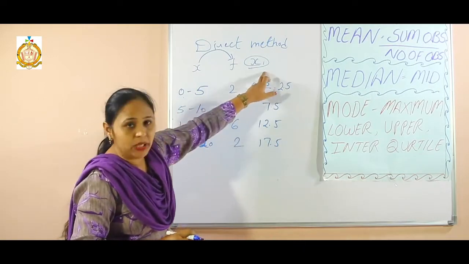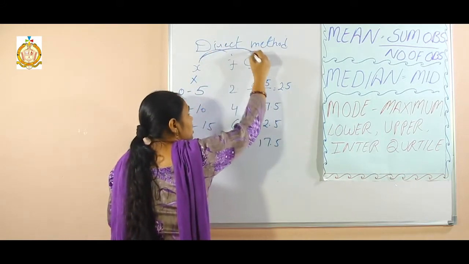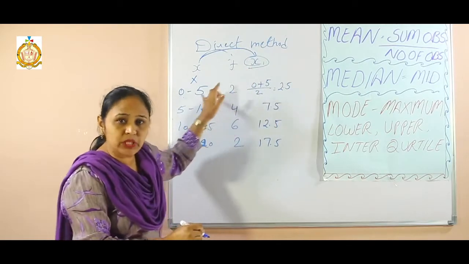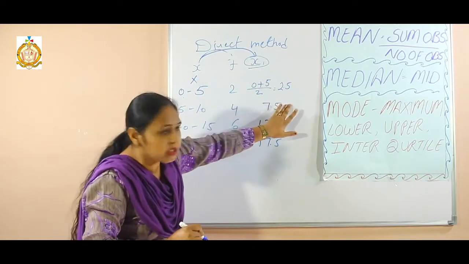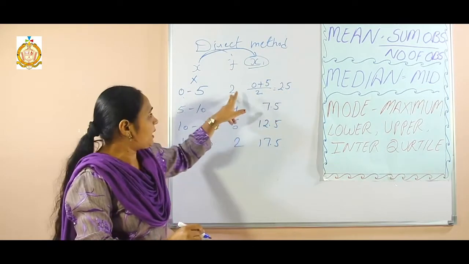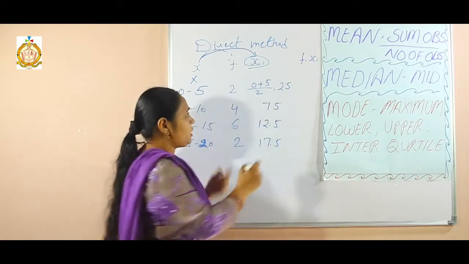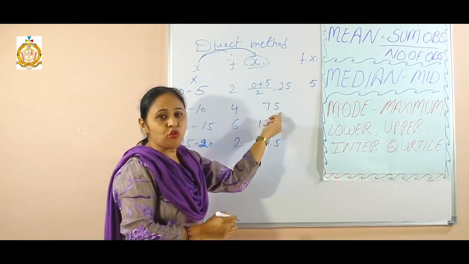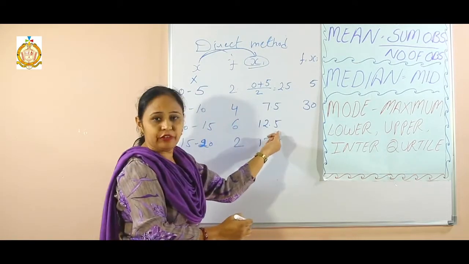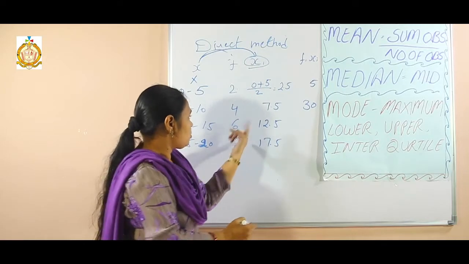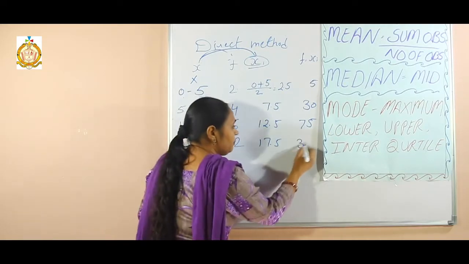Okay, now this value xi, now I cancel it, because from this value now I have changed this value. This value comes from this, that means this is cancelled now. Now what we have to use? This frequency we have to use along with this number. Now 2.5 multiplied by 2. That means now fi multiplied by xi. 2.5 multiplied by 2 becomes 5. Then 7.5 multiplied by 4 becomes 30. Then 12.5 multiplied by 6, 75 will be there, then 17.5 multiplied by this, there will be 35.